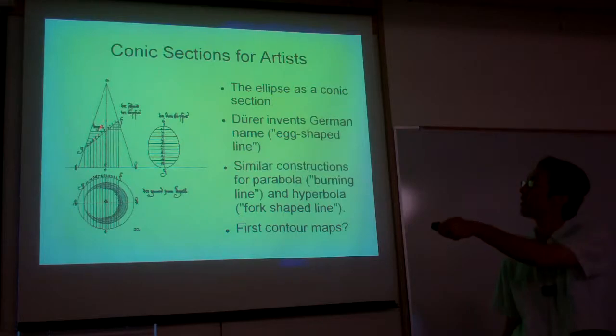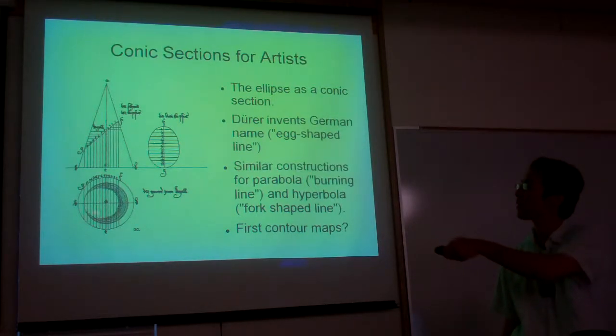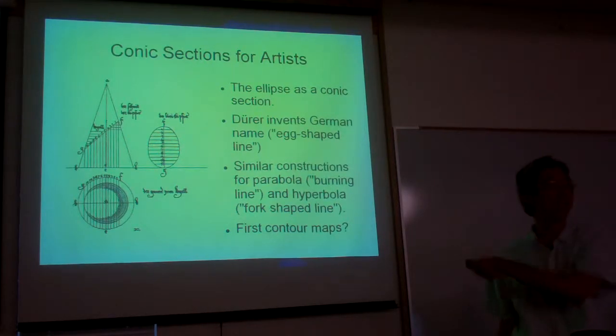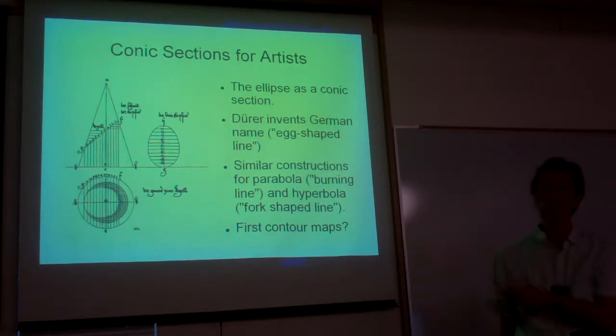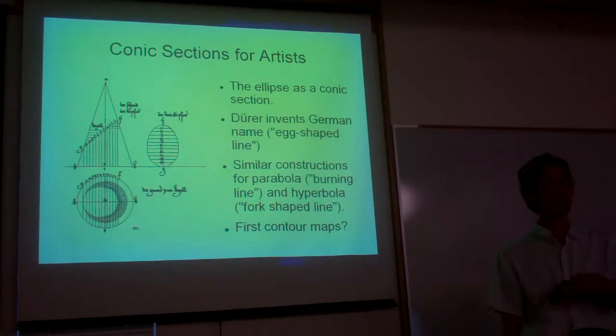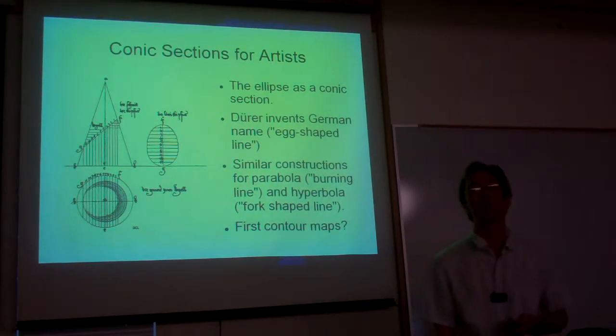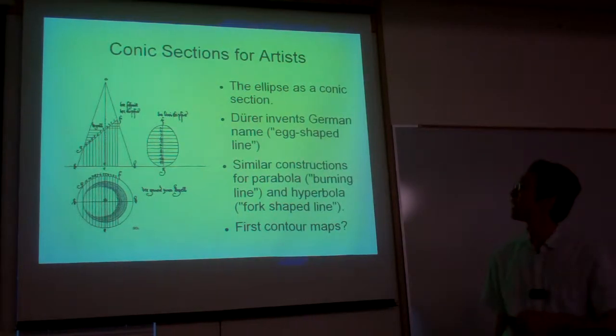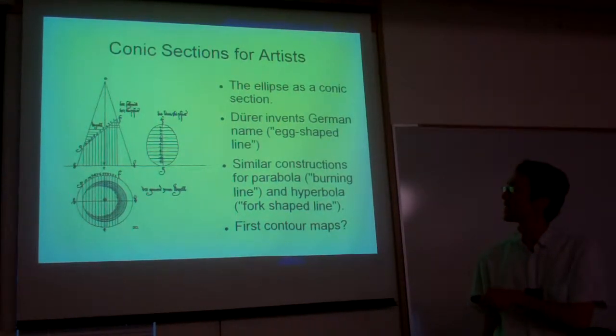So we're going to take our cone, we'll slice it, we now have our ground plan, and then these lengths give us the horizontal chords up there, and we can use that to draw our ellipse. And Dürer does the same thing for the hyperbola and also for the parabola. What's interesting about this, I think, or one of the things I think is very interesting